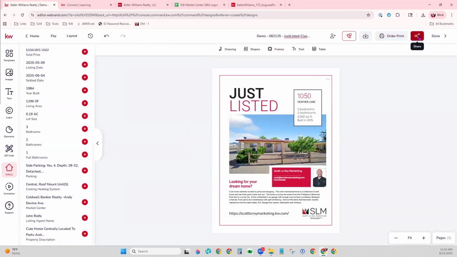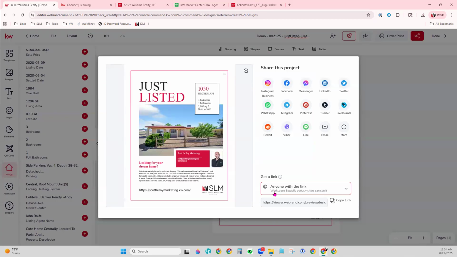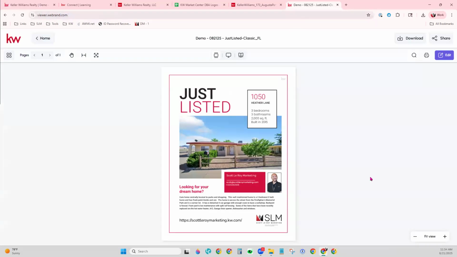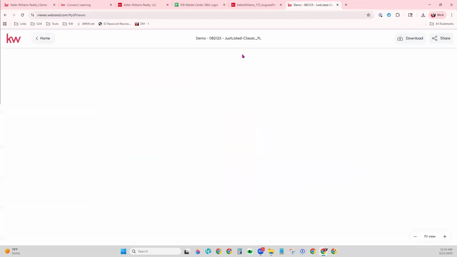You also have a share feature as well. We're going to go ahead and show you this share feature. Now, right here, you can copy this link and it is a preview of this flyer. When we get to our listing presentation, this is how it will actually look as a digital version that you can share with some folks. But for a flyer, it's just going to show us our one image. So I just took that link and pasted it. So you can have this one image like a digital preview that you can give to somebody, and you can show the different views